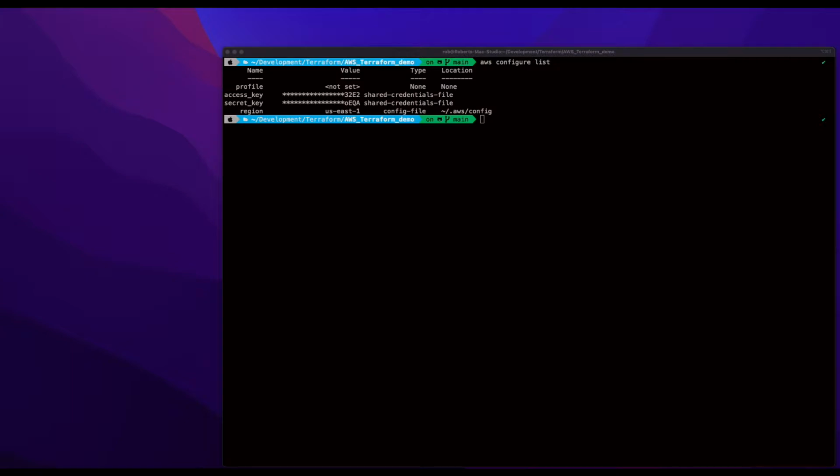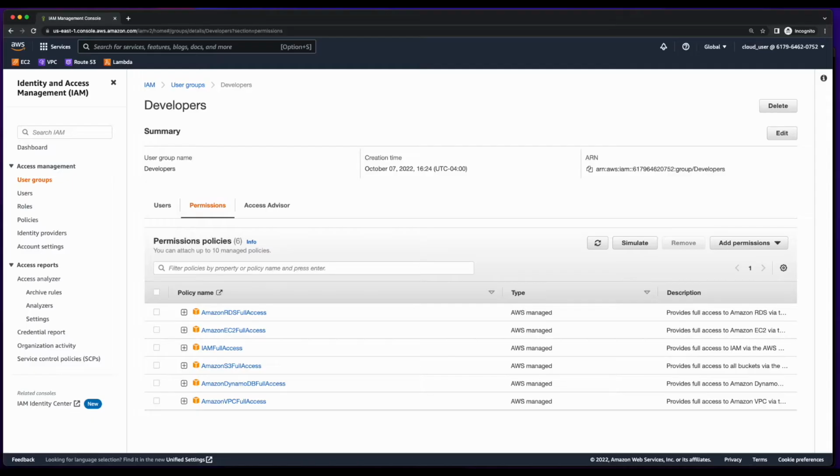Before writing your Terraform templates, you should ensure that you have run AWS Configure and added the appropriate credentials for your IAM user. You should also grant the user permissions to the resources you'll be provisioning, or you can grant your user administrative access for simplicity, but you should always follow the principle of least privilege outside of a learning